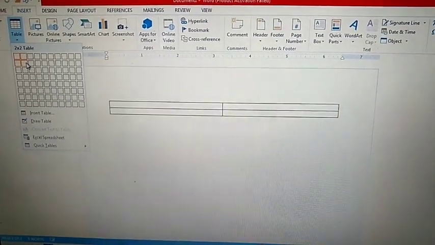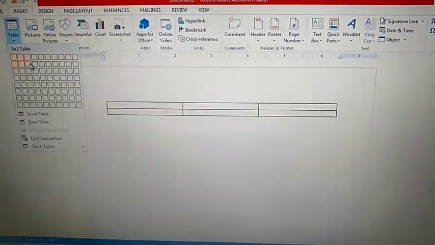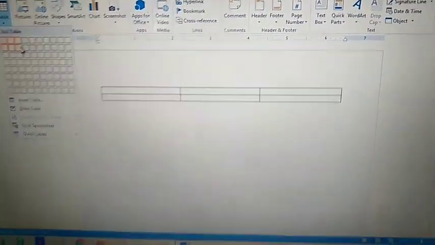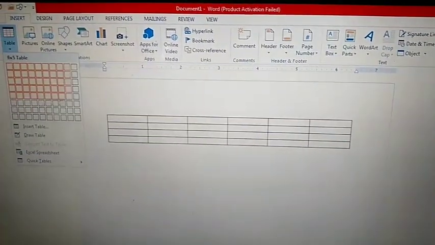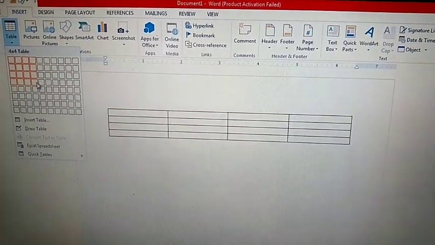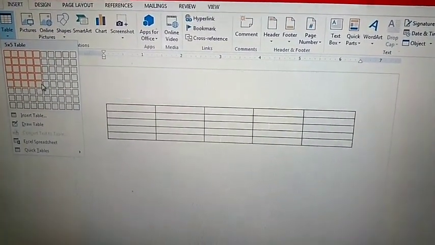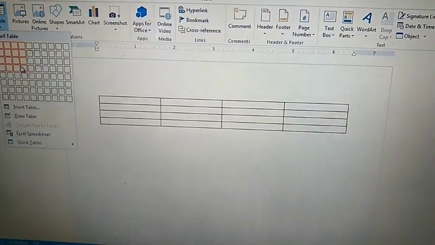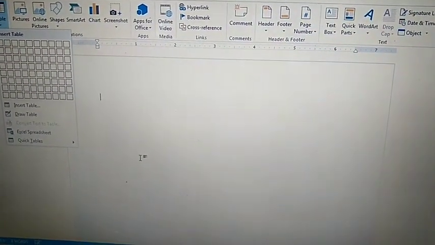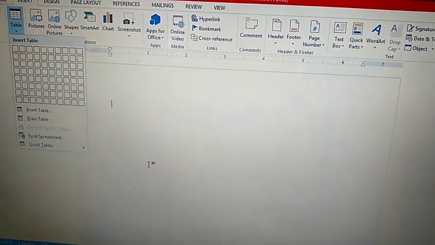Now see, 2 rows, 2 columns. Like this, 2 rows, 3 columns. However many columns and rows you want, you can choose from this grid of boxes and create the table. This is the method to create a table using the grid of boxes. Like I want to create a table with 6 rows and 4 columns.